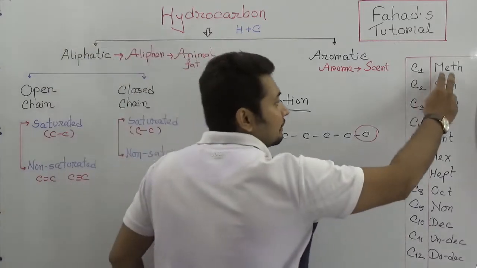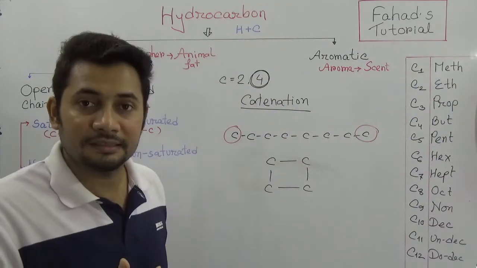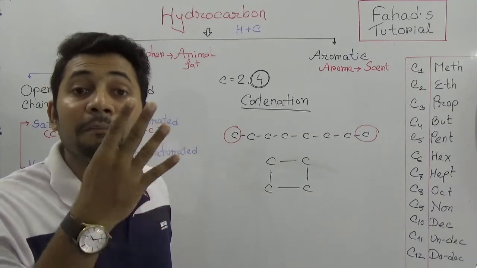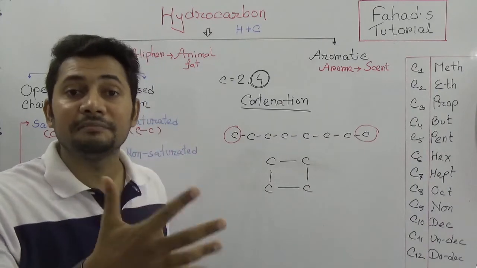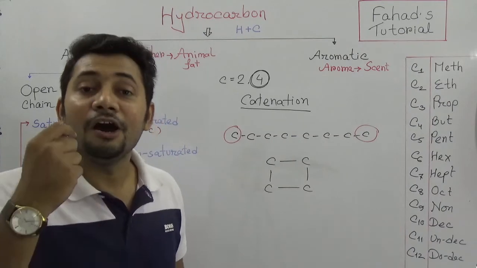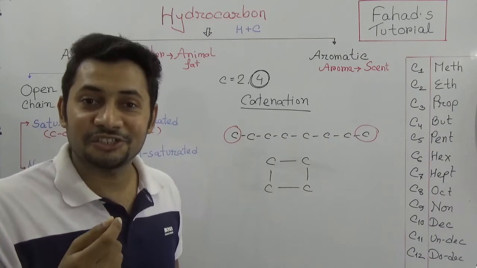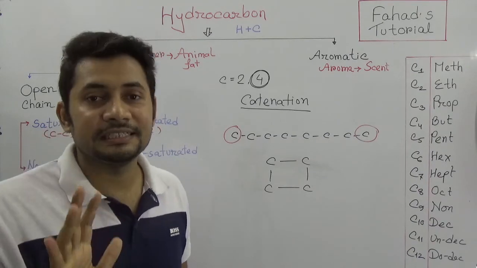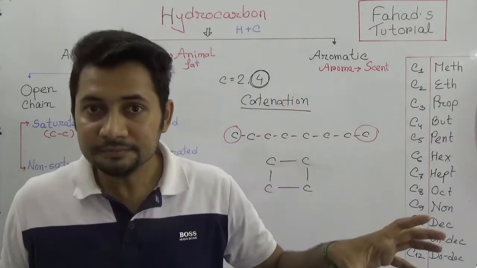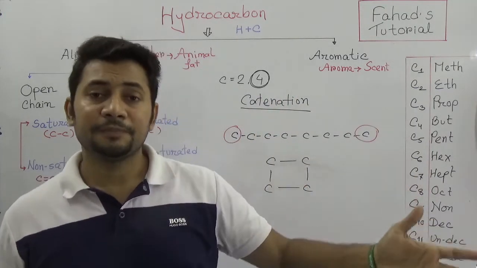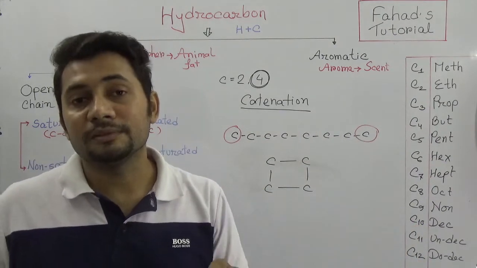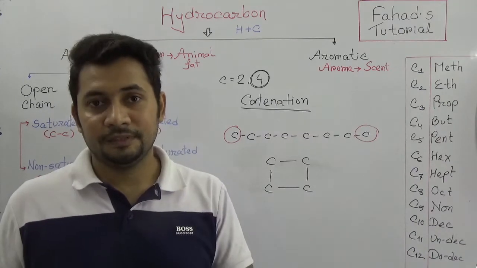You see, that is meth. So when you say meth, that is number 1, 2 is eth, prop, but, penta means 5, hexa means 6, hepta 7, octa 8, nona 9, and deca 10. So when there is something like that, we are saying the number of carbons is 10. We'll definitely think about the number of bonds later on, but previously the number of carbons, we must count first to identify the